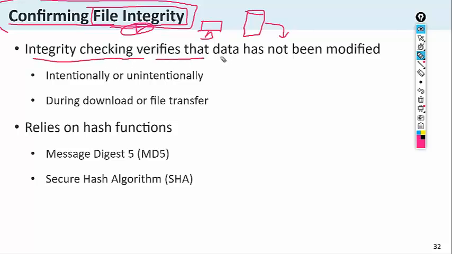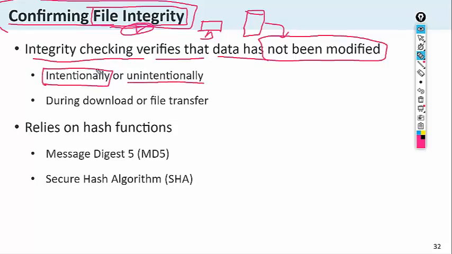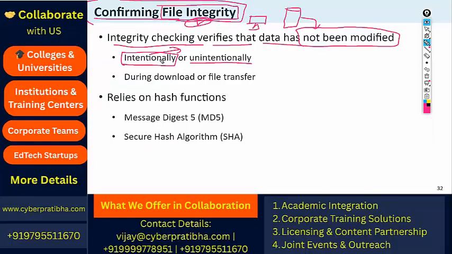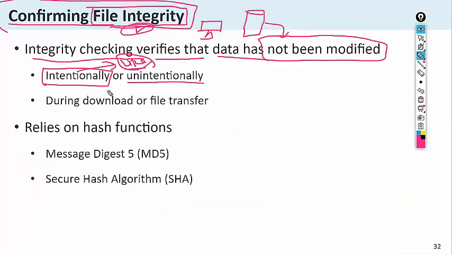Integrity checking verifies that data has not been modified by any mechanism, accidentally or intentionally. There are two types of modification possible: one is intentional, another is unintentional. Intentional means there is a motive behind it, like I don't like this file and I am going to delete it. But by mistake, like I run the command rm -rf or give a different file name by mistake, that is unintentional